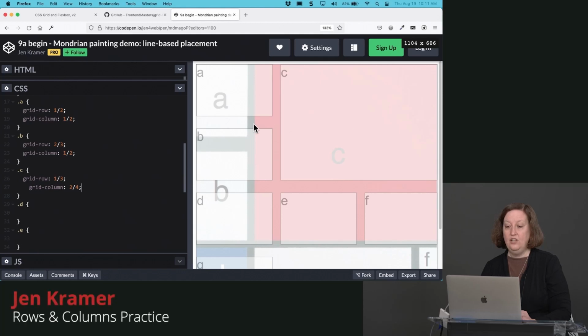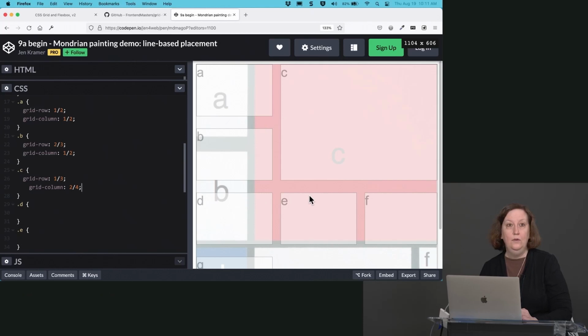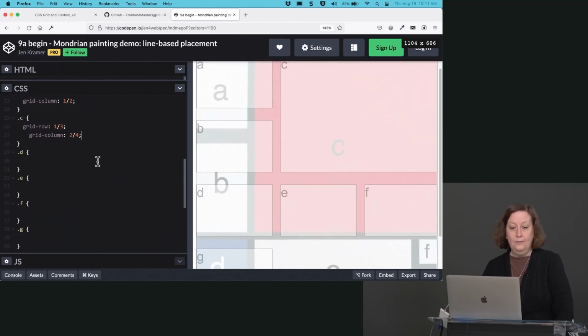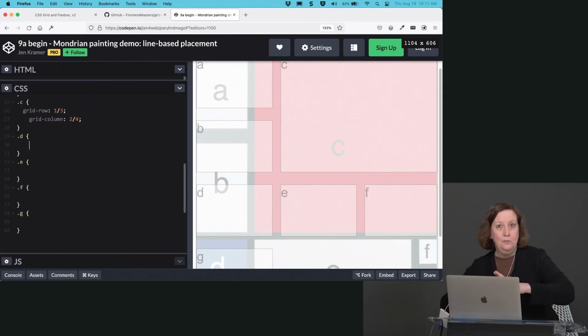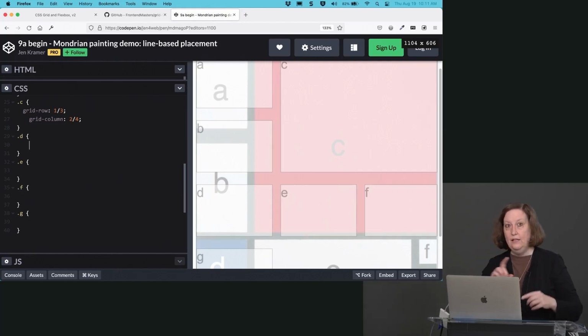So we've got the right shape. Now we definitely don't have it lining up here exactly right with the other boxes. That's okay. We'll get there in a moment. We just have to get all of the rest of the boxes in place. So now that you get a sense of what's going on here and how this goes, don't worry again about exactly lining these boxes up with the painting. We will get there momentarily, but right now what I'd like for you to do is to take, let's say,